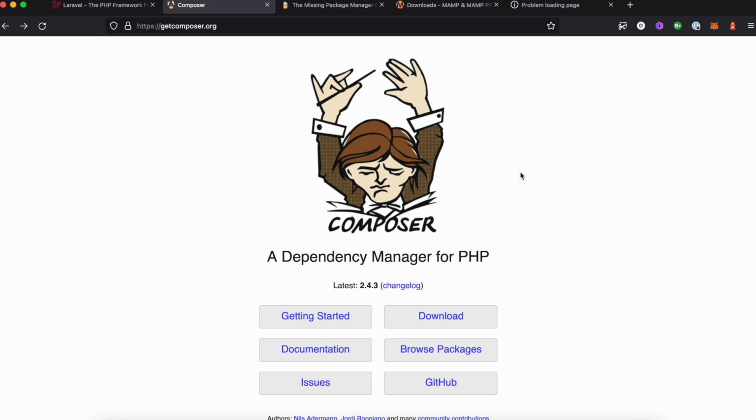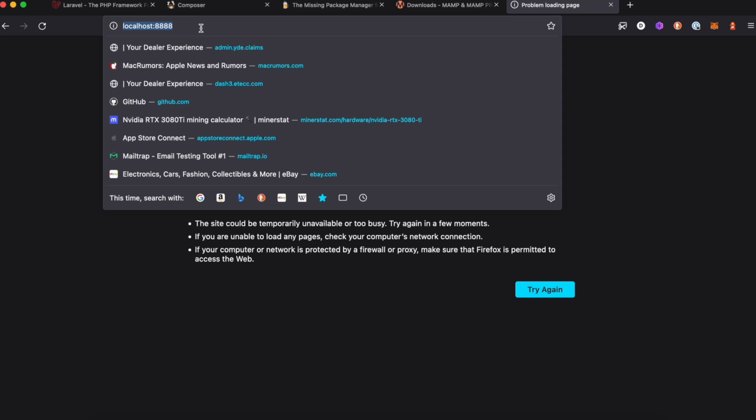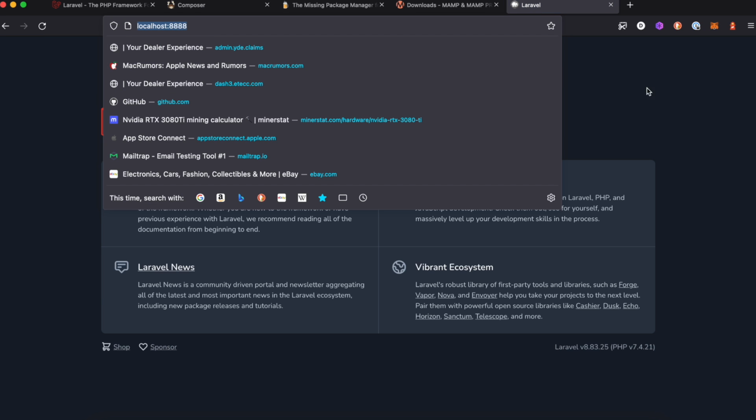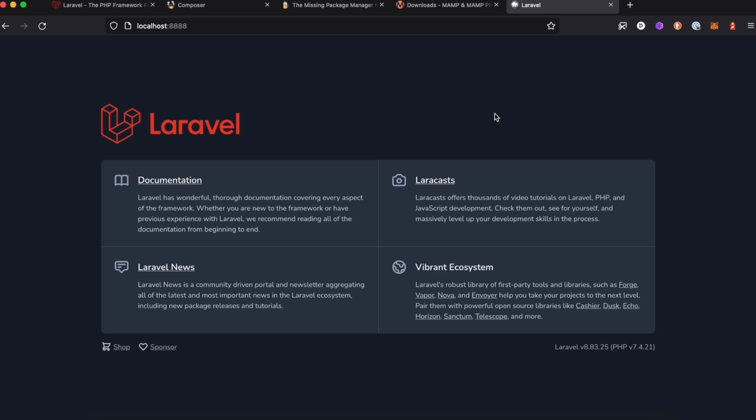So let's pull up our browser, go to localhost:8888, and there she is. It's a beautiful thing. And if you're thinking, where did I get this information, localhost:8888, it's in that MAMP